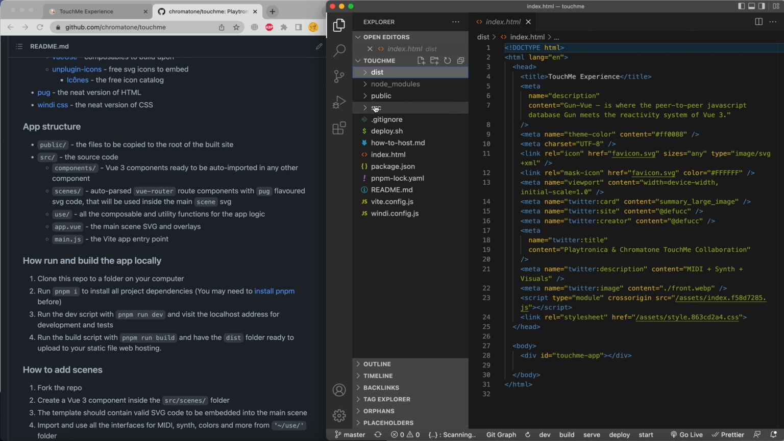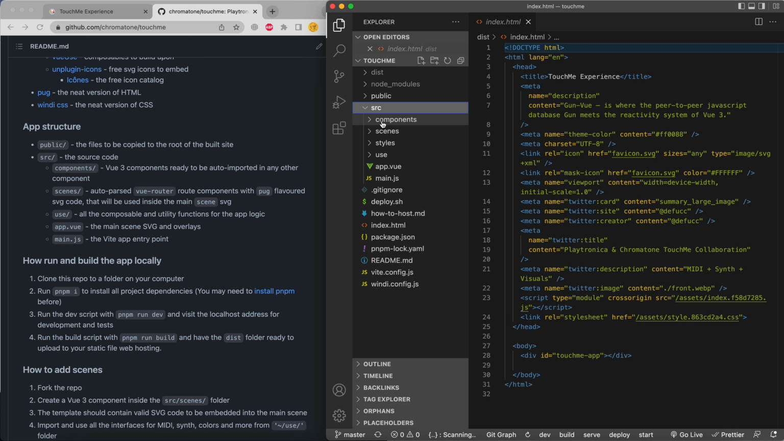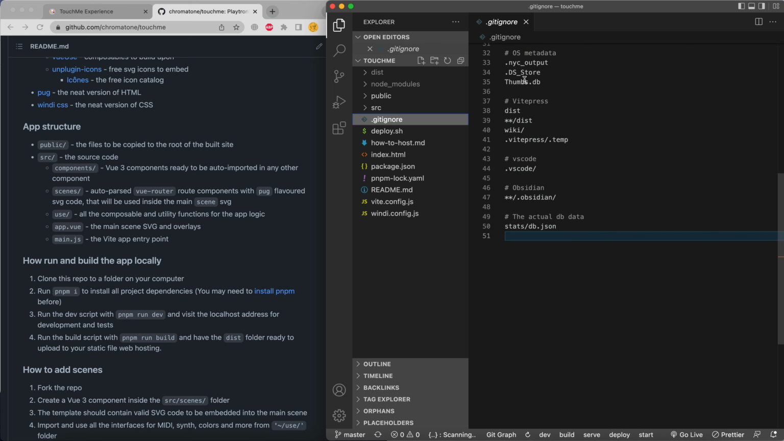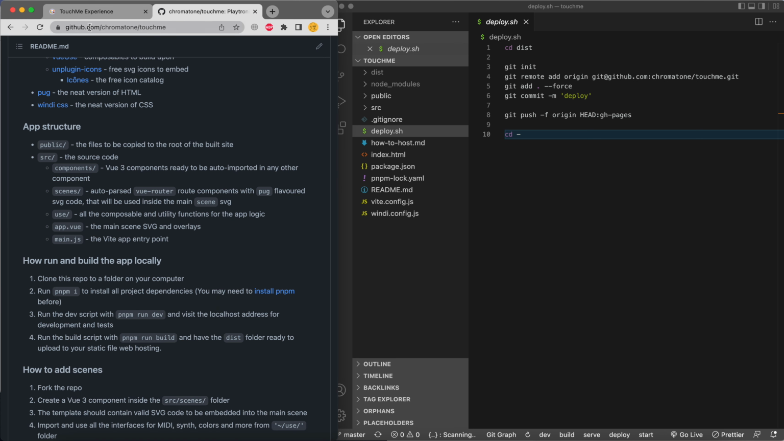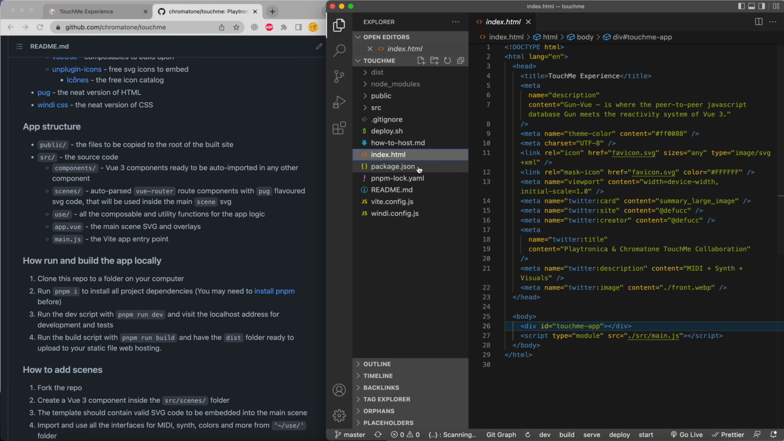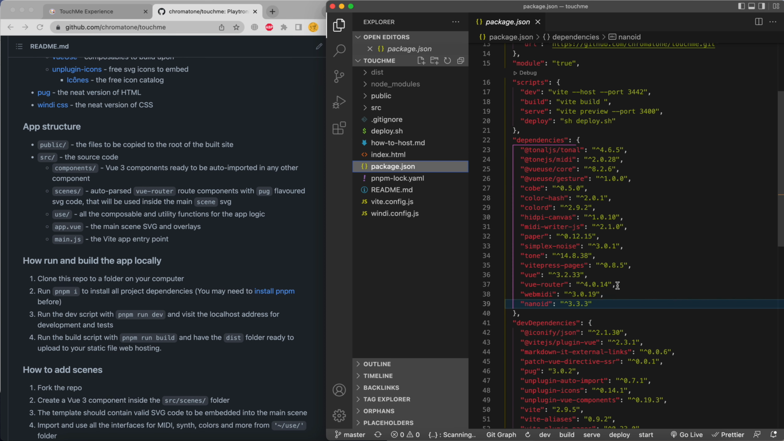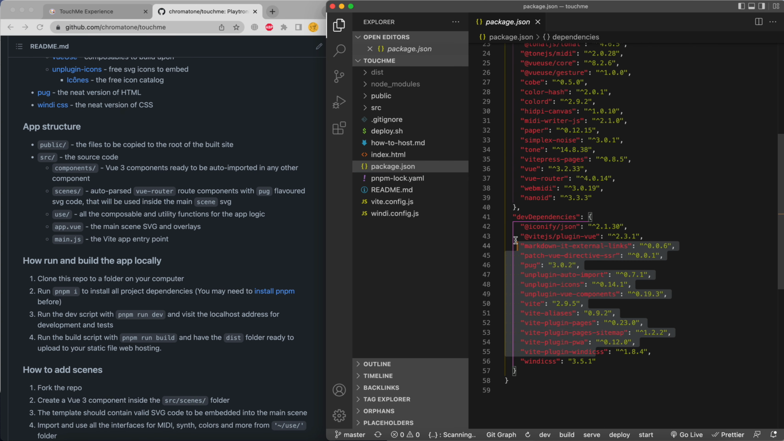Here is the public folder and the source folder that encompasses all the sources. But besides it, there is a regular gitignore file to ignore some of the files that shouldn't be loaded to the GitHub. The deploy script that deploys the dist folder to the GitHub pages branch of the repository, so we can have the experience at GitHub hosted. Yeah, the index HTML that will be processed, the package JSON that has all the packages installed for the client side and for the development,